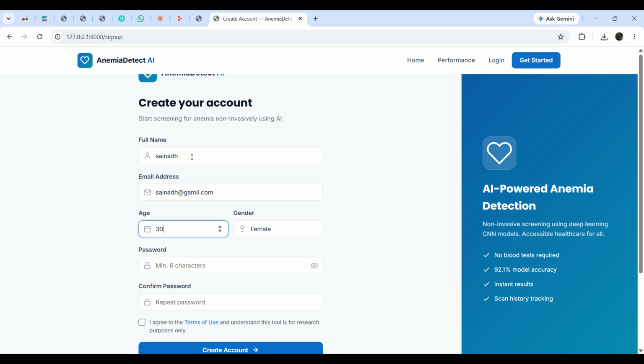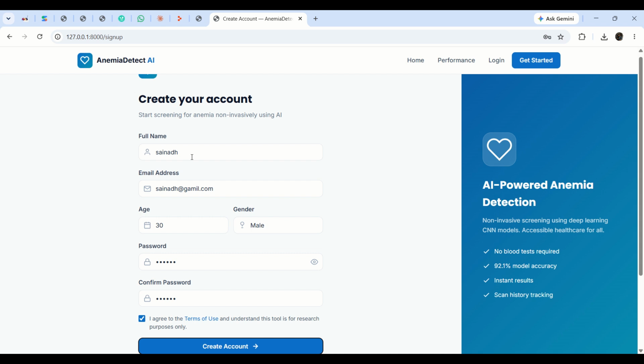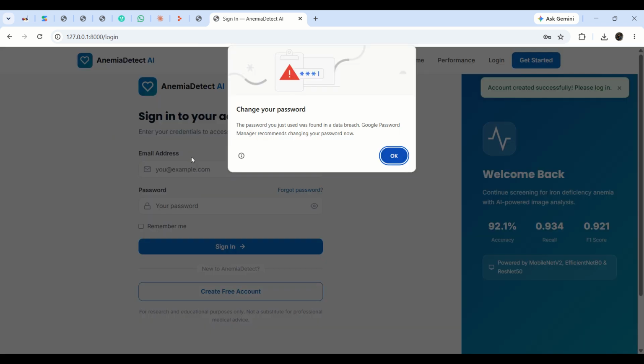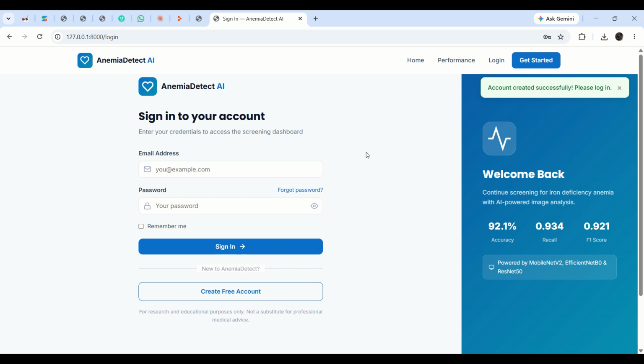gmail.com is the mail. So like a professional website we are going to implement, which we can use in a hospital. Okay, like that we created this. So I'm going to make a login now, and to implement this project we use the Python Flask framework. Along with that, one second,